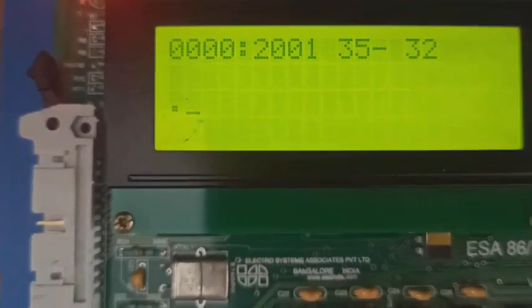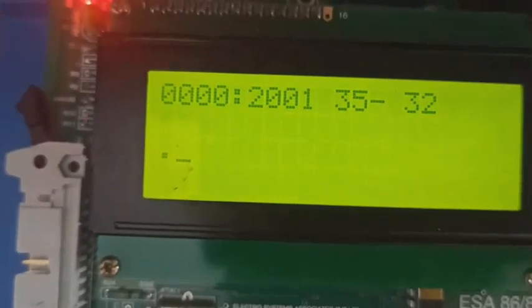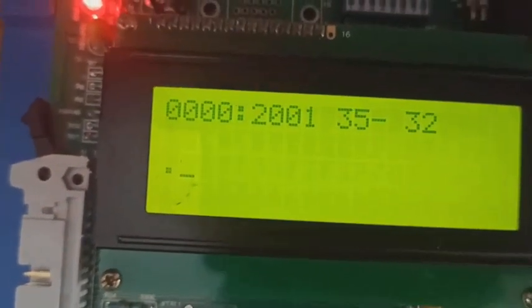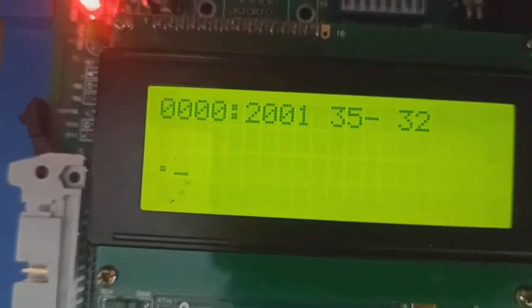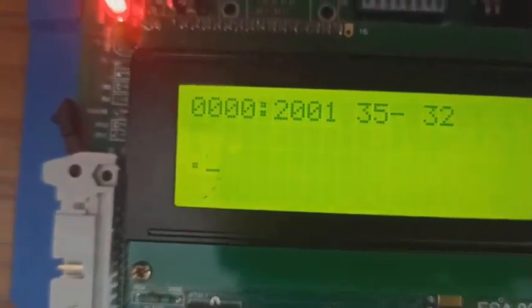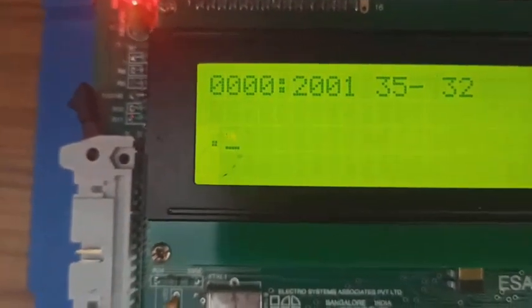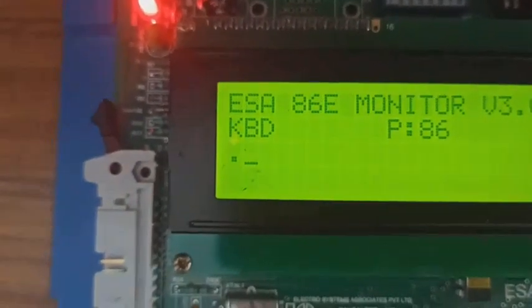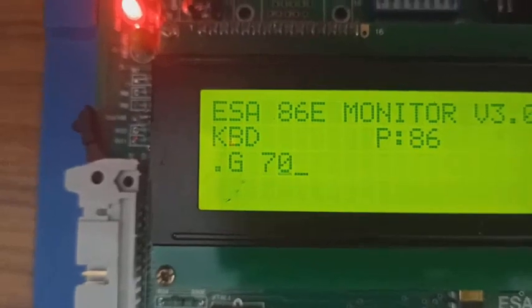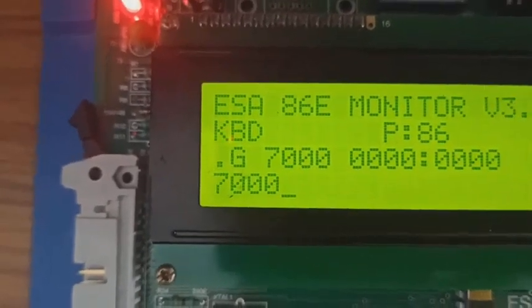Actually, if you add 35 and 32 in ASCII form, what we require is 37. So 37 represents a normal 7 number in other than ASCII. So let us execute this using the G command.